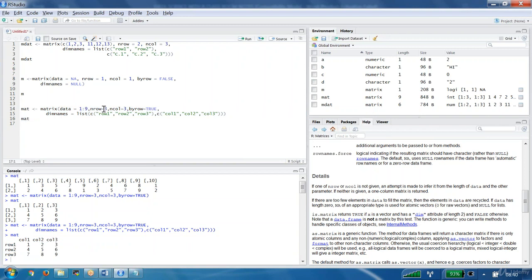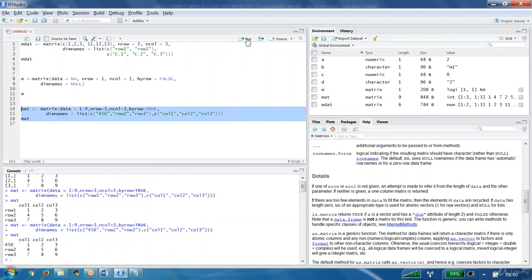For example, row 1 shows 1, 2, 3, and we want to assign 4, 5, 6. Whatever you are writing, the system will take it as a name. That is a name. But it is showing row 1 with values 1 to 3, right? So instead of 1 to 3, row 1 can also have 4, 5, 6. It is possible.